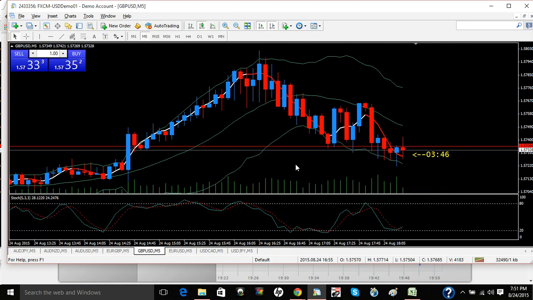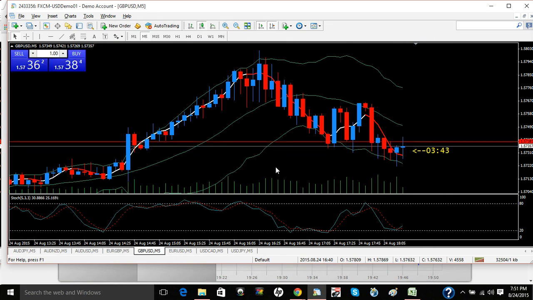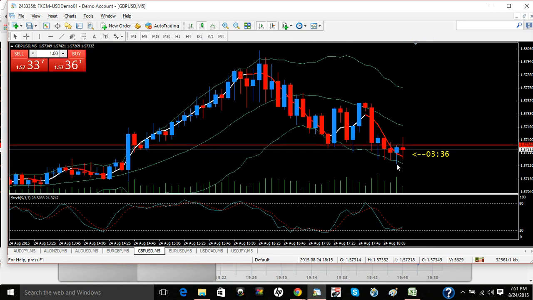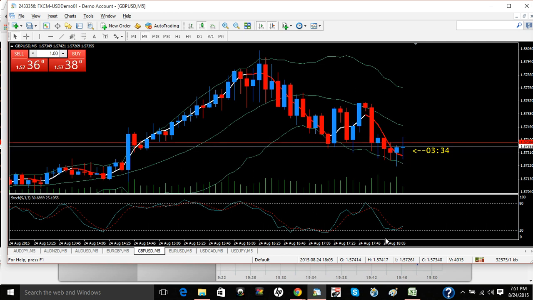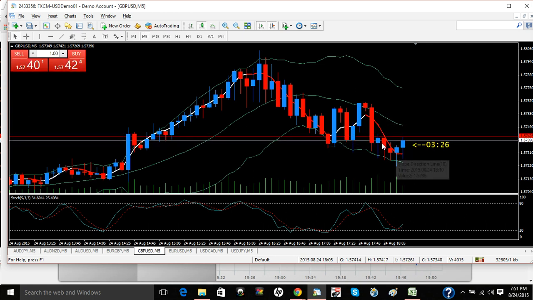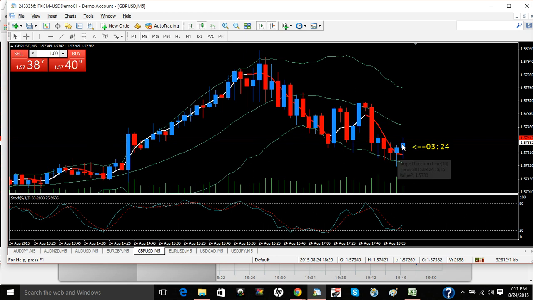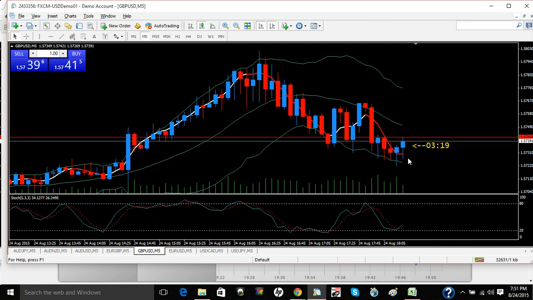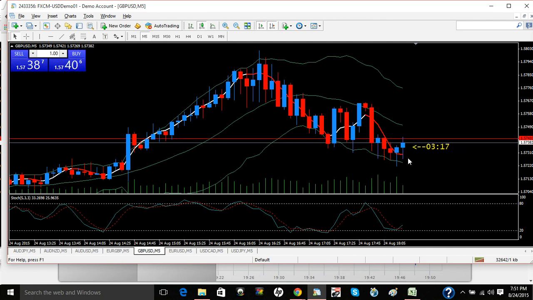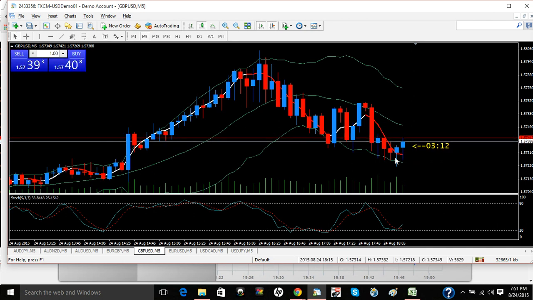And in a nutshell, that's how you begin trading. Make sure your candlesticks are shooting outside the Bollinger Band, and then make sure your stochastics are either above 80 or below 20. And make sure when you place a trade, either up or down, that your slope line is coinciding with what it is you're trying to trade. You don't have to necessarily every time, but it's just a good idea to use what you have here and